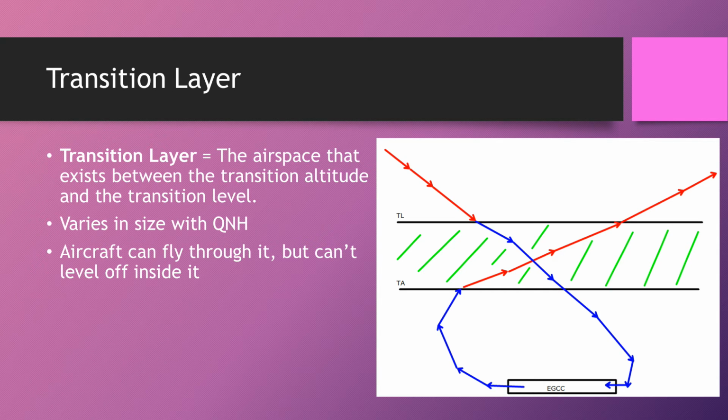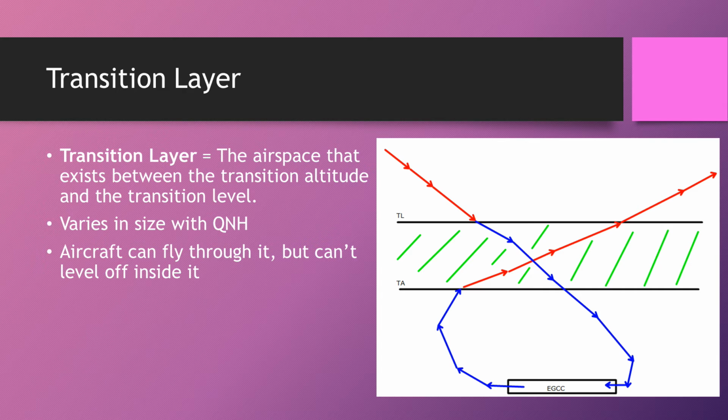Where there are blue arrows, that's a pilot flying on local pressure, or QNH, and the red arrows are where it's a pilot flying on standard pressure. So, look at the pilot departing the aerodrome. He's on QNH altitudes until he hits the transition altitude, then switches to standard pressure and flight levels. Great. The one coming down, standard pressure and flight levels until round about the transition level when they switch to QNH and altitudes, and then they go through and land. Great. The problem